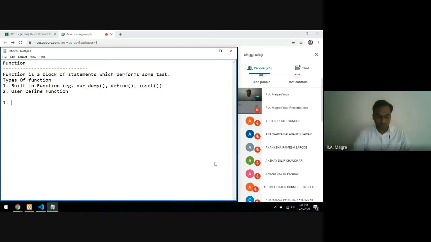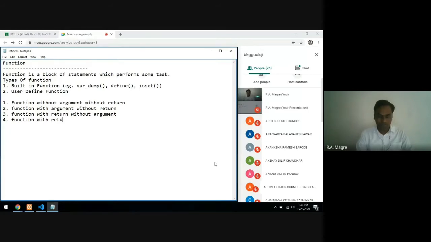That is: function without argument without return, function with argument without return, function with return without argument, and the fourth one is function with return and with argument. Okay, so these are the four subtypes.